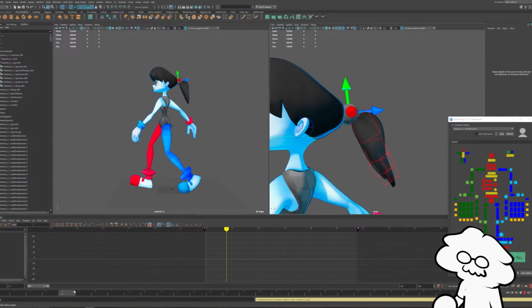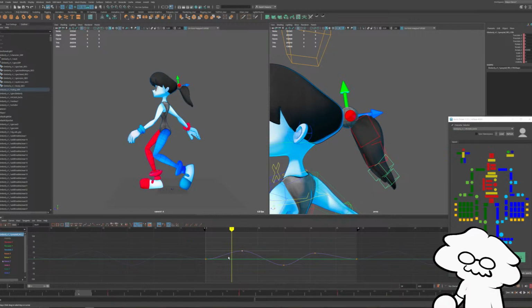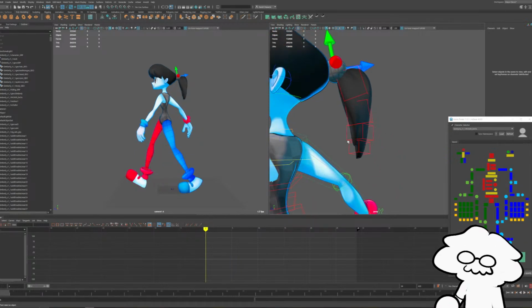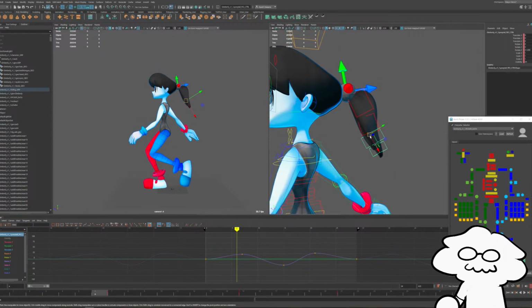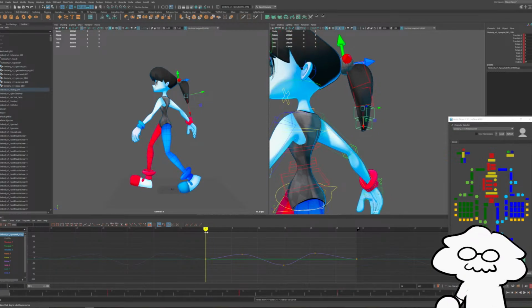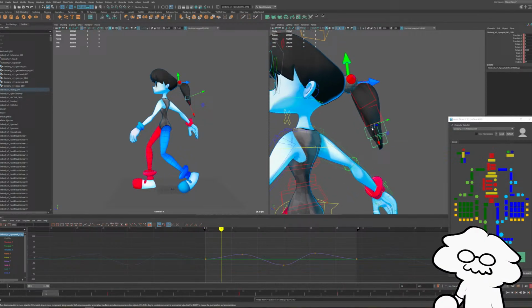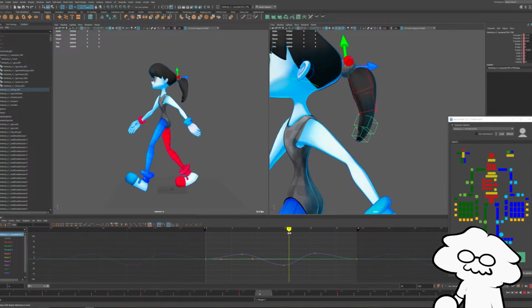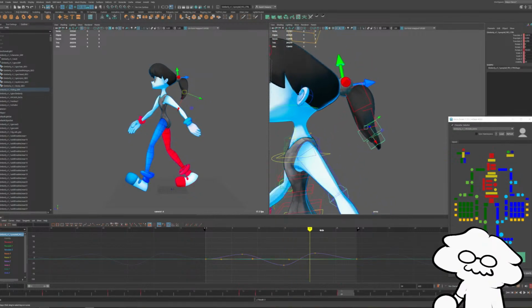Let me reduce the second step, and then I think we'll call it there. Yeah, I probably could stretch it. That would help a lot, actually. Good point. So let's stretch it upwards as part of a drag, and then downwards as the step is taken. Yeah, that's looking better. I think that was probably part of it.